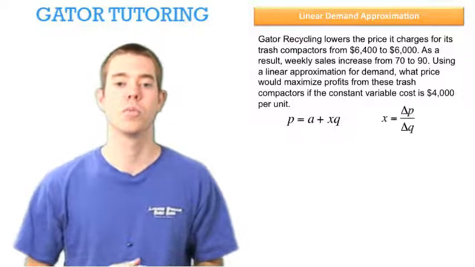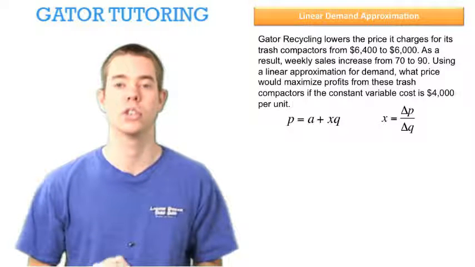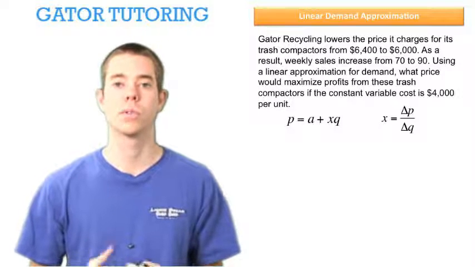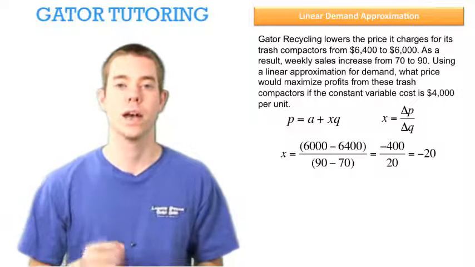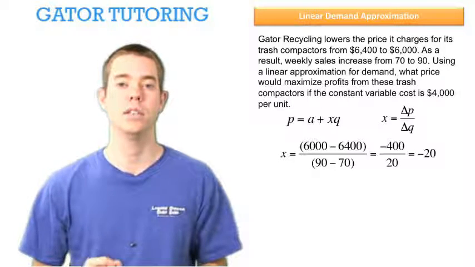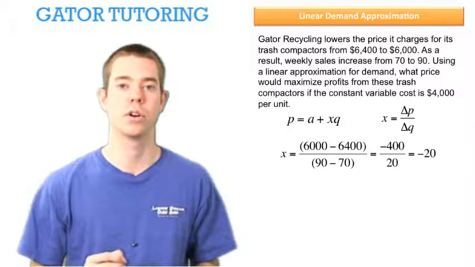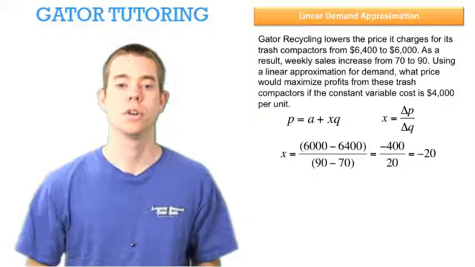To find the slope, we're going to use the change in price over the change in quantity, which is rise over run. Plugging in our points, we know we have 2 points, a point at $6,000 and 90 units, and a point at $6,400 and 70 units. So, doing a little algebra, we see that we have negative 400 over 20,